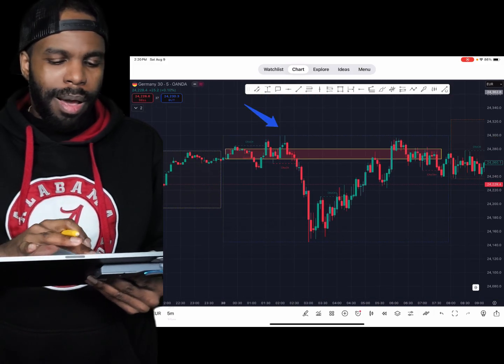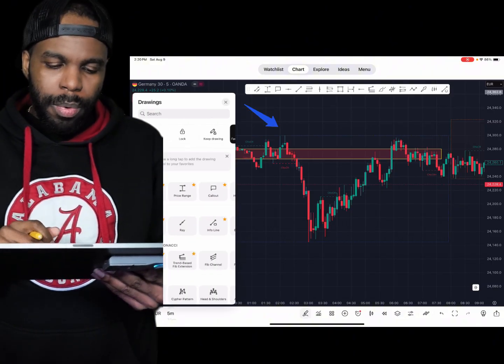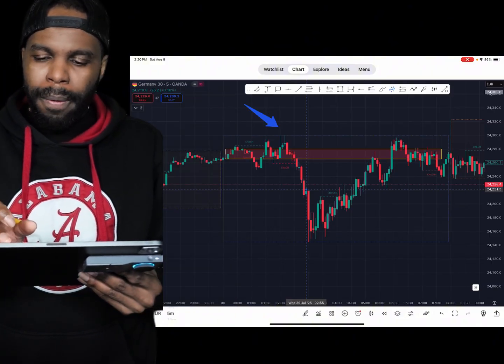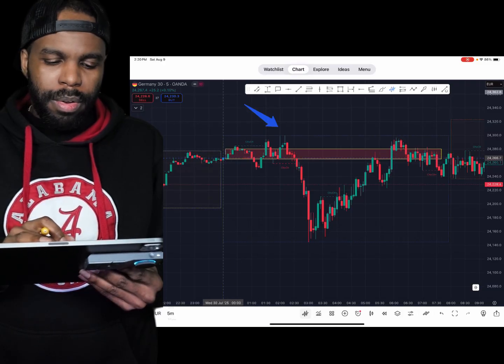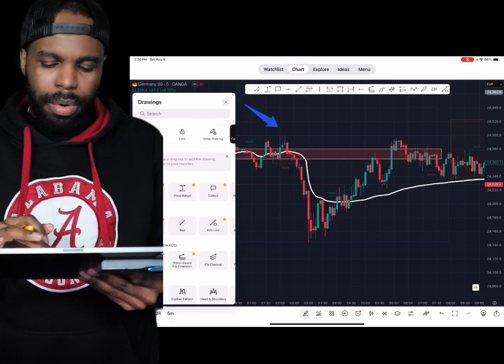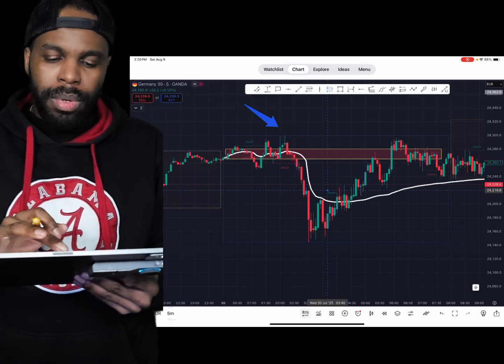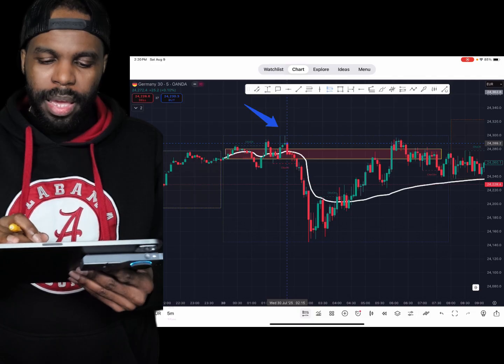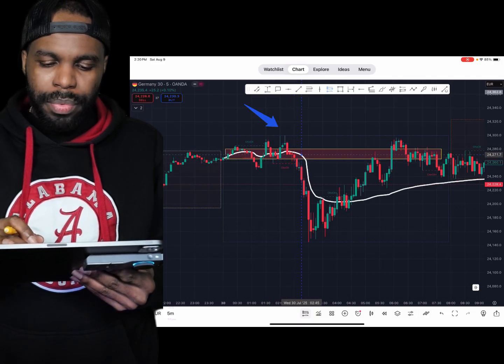Now I got my breaker block. Now I'm going to anchor my VWAP at the start of the midnight candle. And whenever, again, price breaks that VWAP and the breaker block, okay,